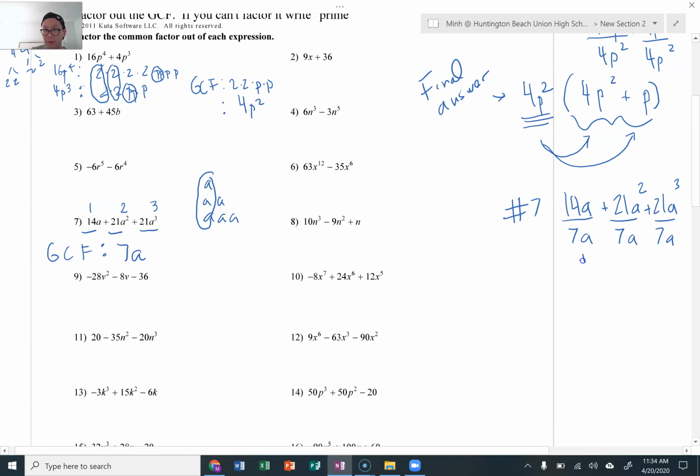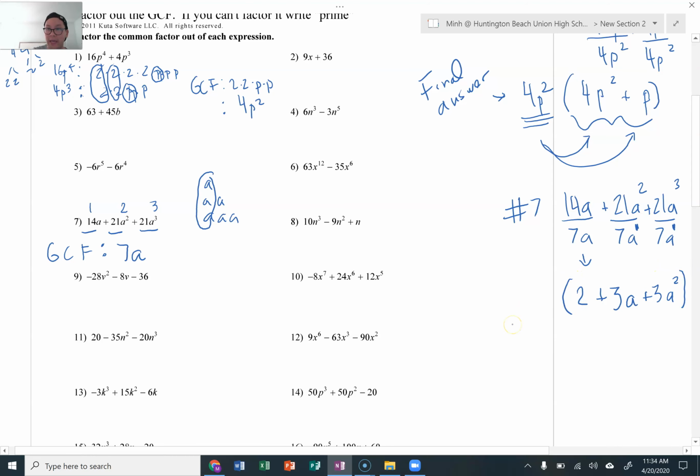So the very first one, this is going to be just 2, because 14 divided by 7 is 2, and the a's are going to cross off, plus 21 divided by 7, that's going to be 3. A to the second, since that's going to be a to the first, that leaves me just with an a. And then the third term, 21 divided by 7, that's going to be 3. And since that's a to the third and that's a to the first right here, that's going to be a to the second. Right? So after you're done dividing, put those into parentheses,